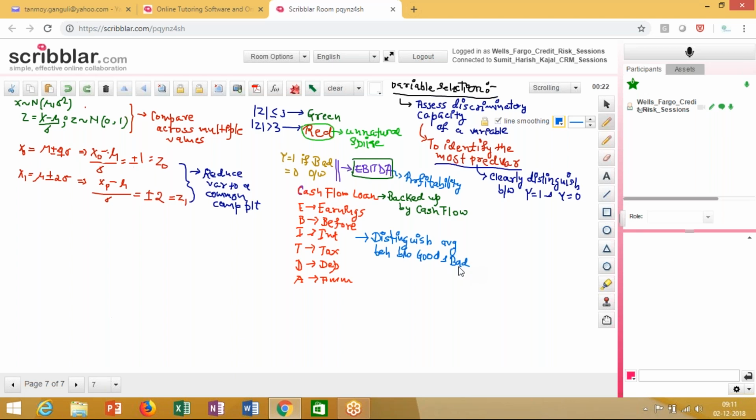So over here you will see that if I say it's y equal to 1 group, y equals to 1 group implies a group where the borrower is a bad borrower, right? So therefore, if I take a bunch of the bad borrowers, average earnings before interest, tax, depreciation, amortization should be lower compared to the average of the y equal to 0 group, right? So what we expect over here is that